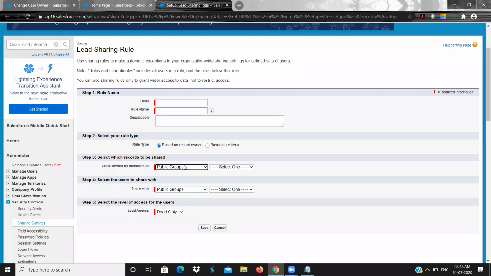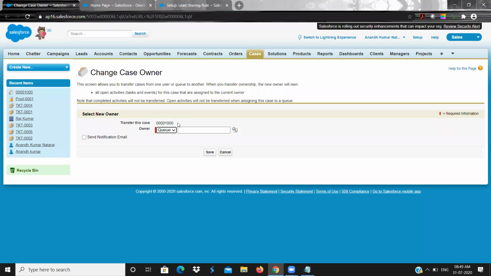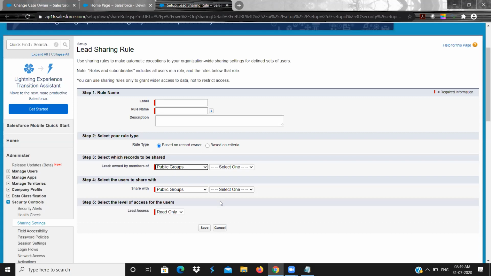But here, the main concept of a group is security. Whenever you deal with security criteria or security parameters, you will see group only. Whenever you want to own a record, you will see queue. That is the primary difference between queue and group.